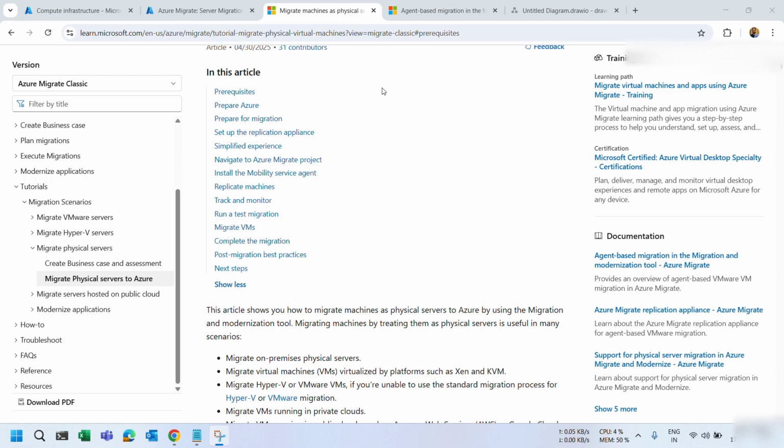In this video I am going to show you how to replicate and migrate physical on-premises servers to Azure using the Azure Migrate classic method. This is perfect if you have physical or unsupported VMs that need agent-based migrations or replications. Okay,